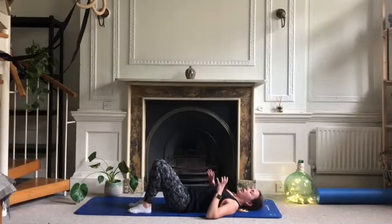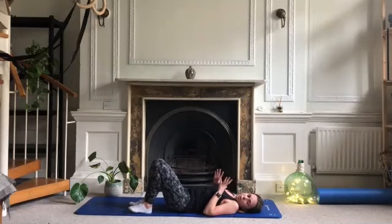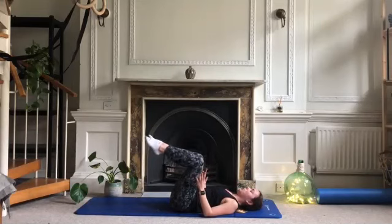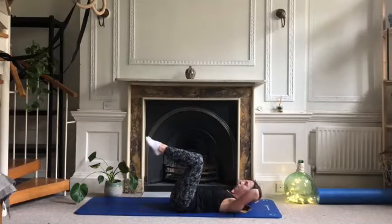Okay, so now we're going to go into your obliques. So we're going to have a go at your crisscross exercise. So remember, we've already done it in your single leg stretch, but just adding the rotation. So again, when you're ready, you're going to bring both the legs off the floor, feet together, knees apart. Now you're going to interlace your fingers this time, hands around the back of the head. And again, you're going to